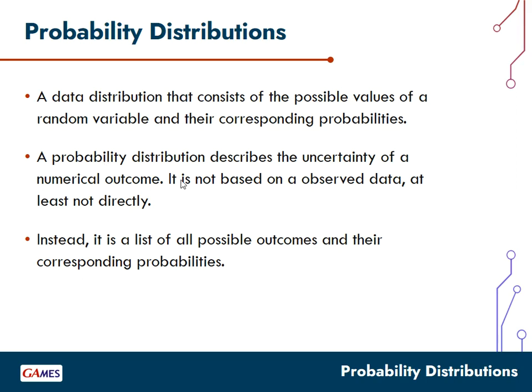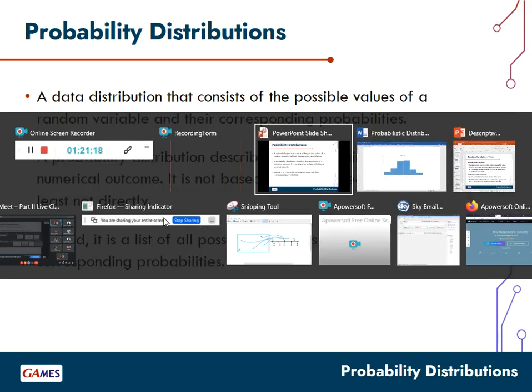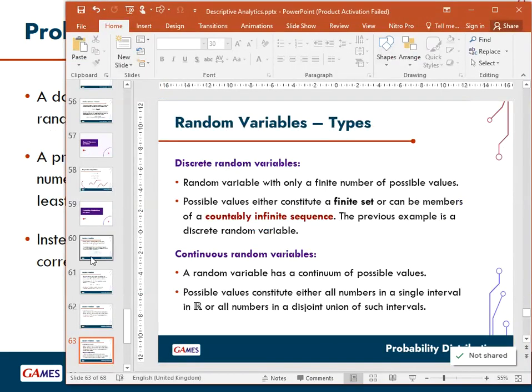So the probability distribution, as I was saying, tells you how certain the outcomes are. And another thing I should mention is that they are not based on observed data, at least not directly. We can actually use observed data to run experiments. For example,